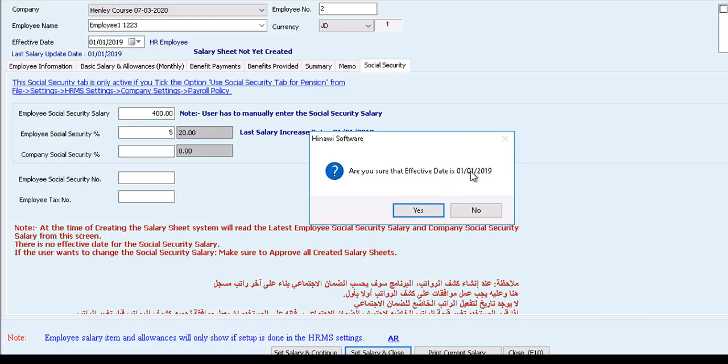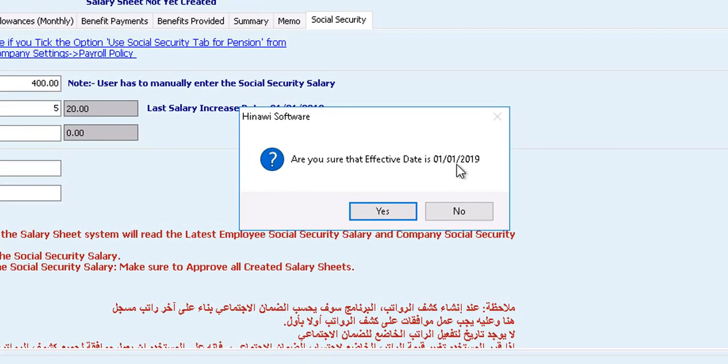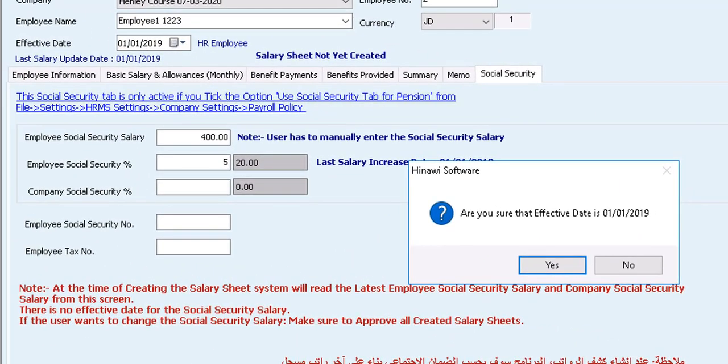Make sure that the effective date is January 1st, 2019, just like the effective date here. This is the accurate effective date which we want to be displayed in the salary sheet. There is an entire video about the effective date, why it's important and useful, mainly because if you're not sure from this point, you might not be able to see what you have created or set up in the salary